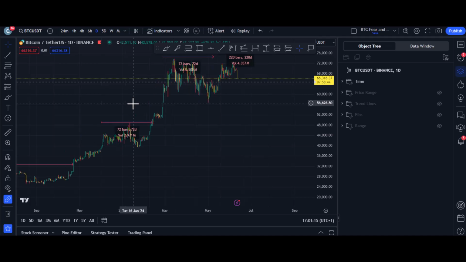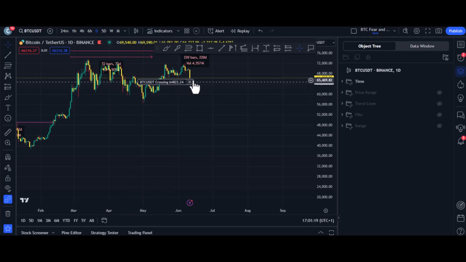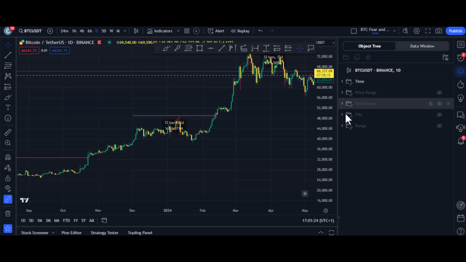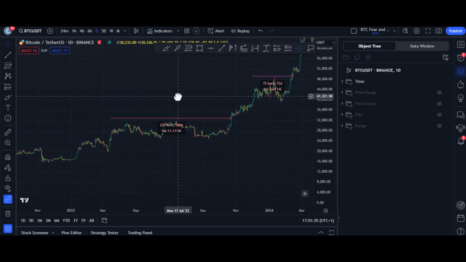So I'm going to explain a bit about that, what I'm planning, what I'm plotting. And it's a good video to do it on, right? Because Bitcoin is currently coming down at the moment. I'm going to break that down by using the object tree here and all of the things that I've got in place. I'll have a look at a few indicators and we'll plot some stuff out and have a discussion